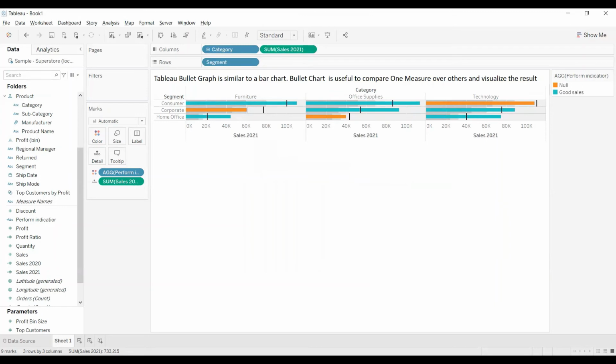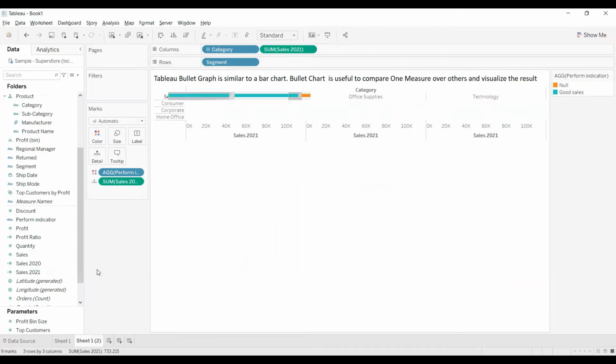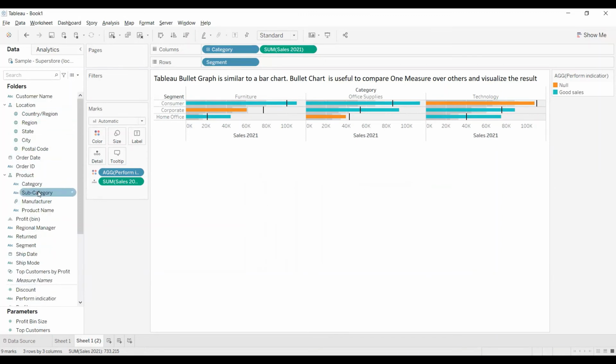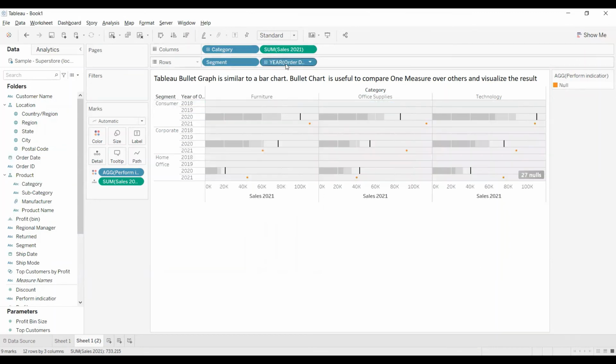So now I want to see more detail. Now we are seeing at year level. I would like to see month level. So I'm going to duplicate this sheet, and here I'm going to add order date onto the columns. My order date with respect to month.